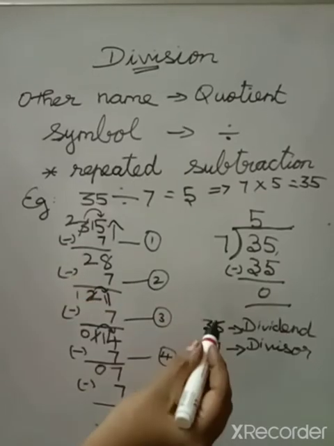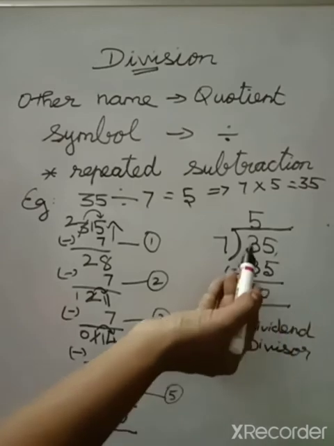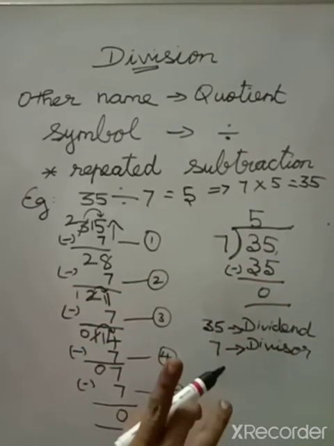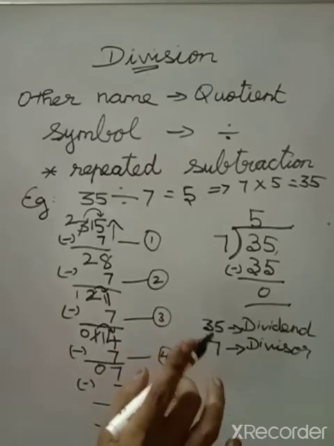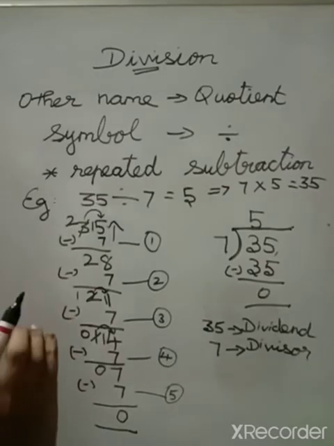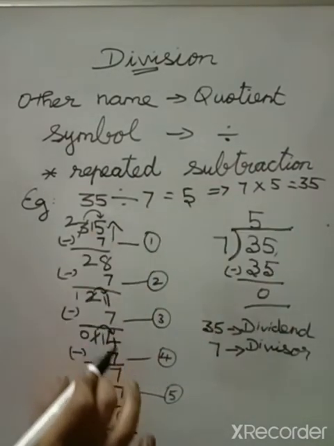And one more thing now, actually in addition, subtraction and multiplication we will be starting from right to left, isn't it? But in division we will move from left to right. Okay, so from the left side you have to move it to the right side, only in division. Keep that in mind. In addition, subtraction, multiplication we will move from right to left, but in division we will move from the left to right.